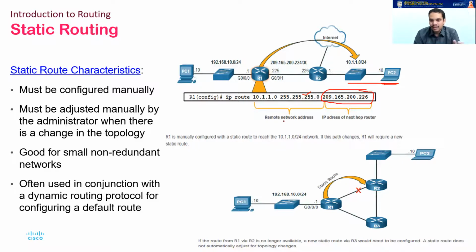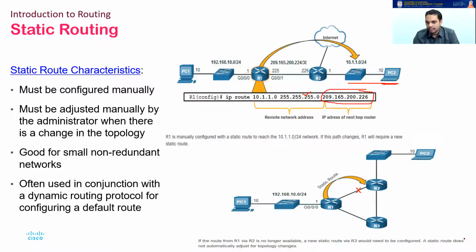This is actually a good way, because what is good here is that the packet need not be analyzed by R2, and it does not need to take a routing decision. It need not run the routing algorithm again, which is time consuming. Setting these static routes is good only if your network size is not big. For non-redundant, small networks, this is very good, because you know where they are, to which they are connected, which interface is which, and everything works well.